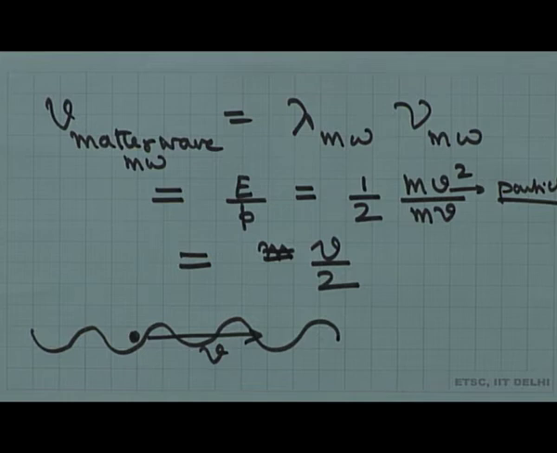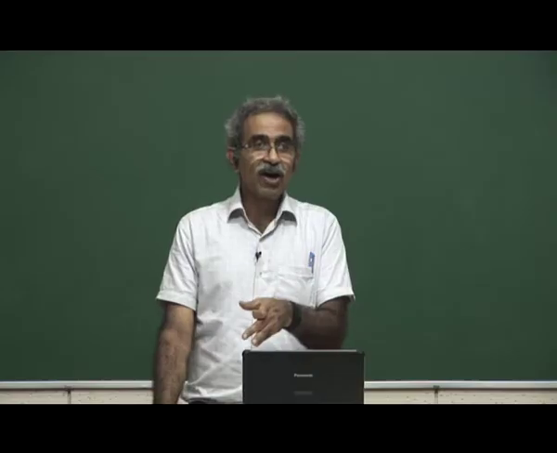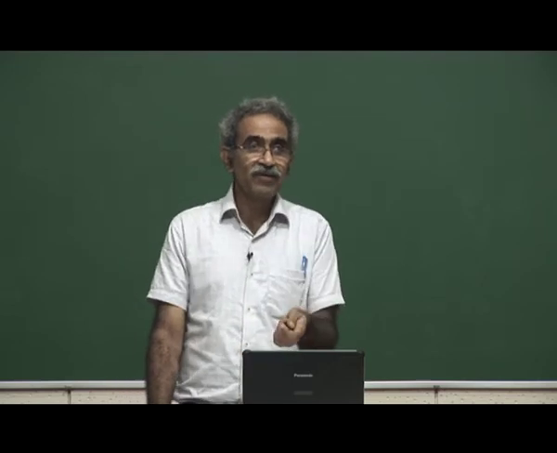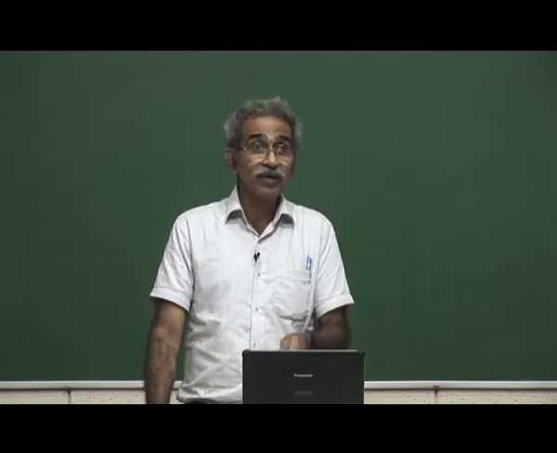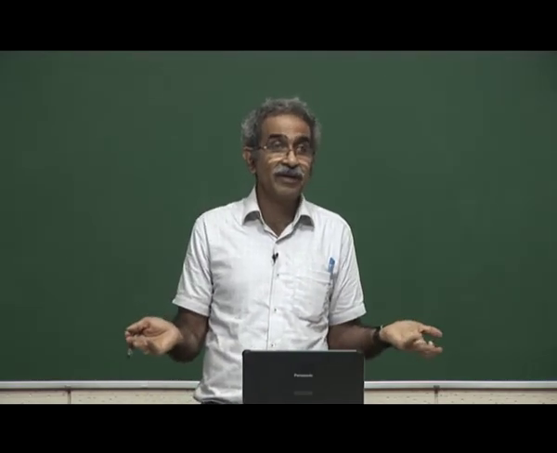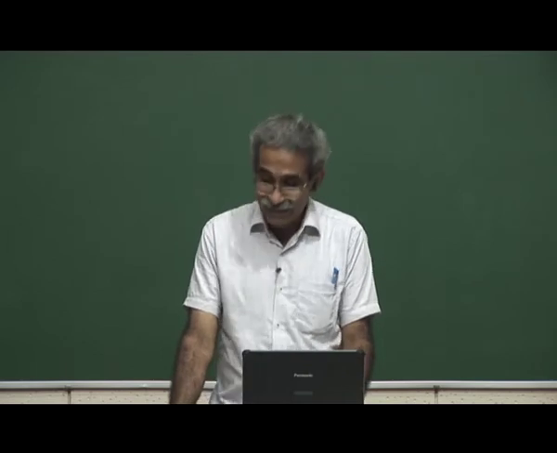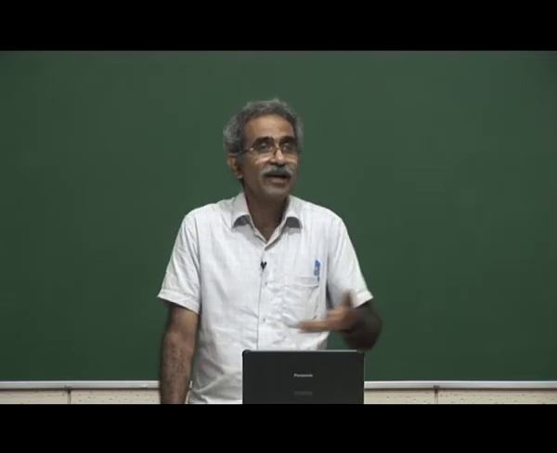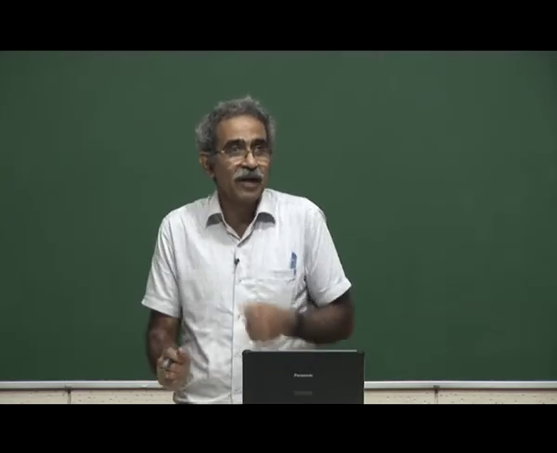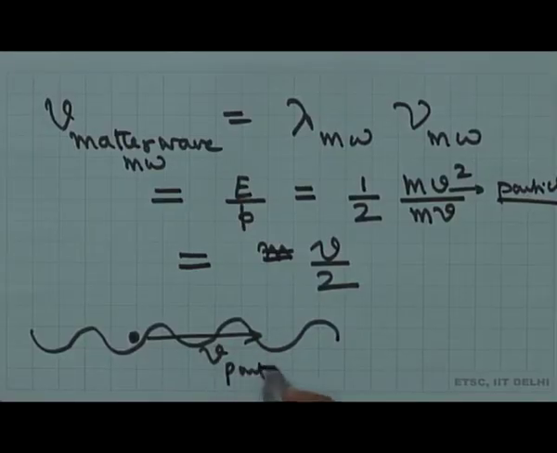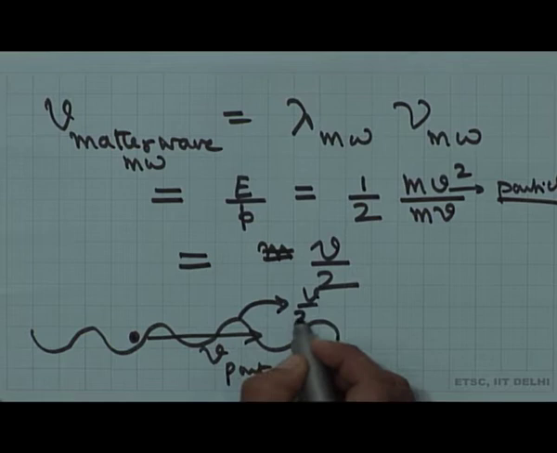Although they are particles, when they hit the 111 face of the nickel crystal and got reflected, you had to use ray optics, you had to find out the path difference, you had to find the phase difference, and you found there is a constructive interference which only waves can exhibit, which particles cannot. That is why Davisson and Germer were rather astonished. And now we are saying when the particle is moving, this poor wave cannot keep track of it, cannot run with the same speed. So this is the particle speed, and my wave speed is given by v by 2. It is lagging behind.